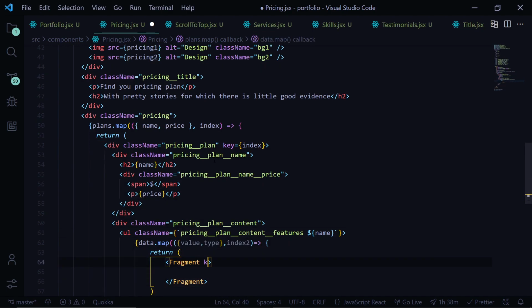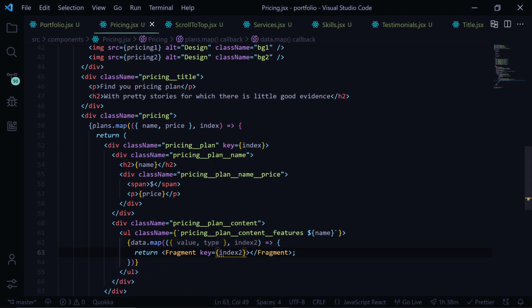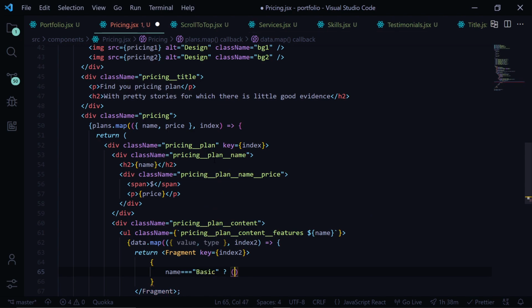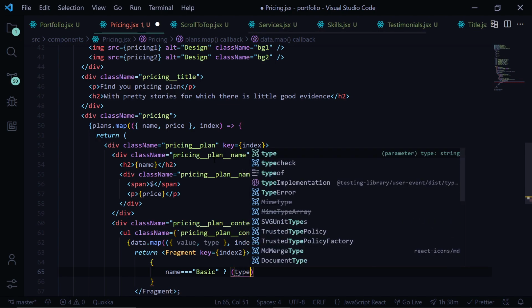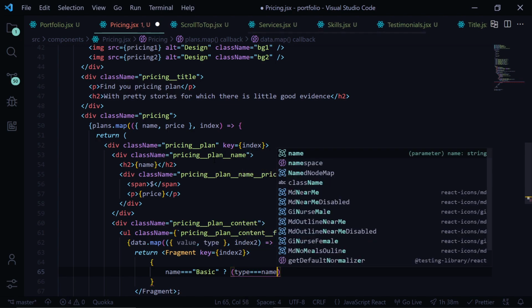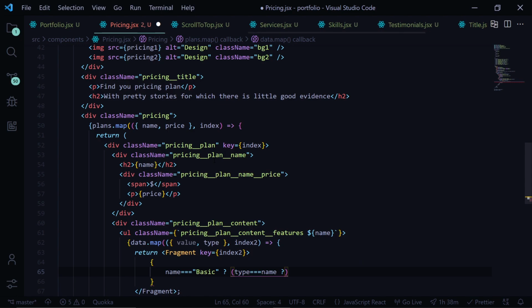We'll apply key as index 2. Inside the fragment, we'll check if name is equal to basic. If it's basic and the type triple equals to name, which is basic, then